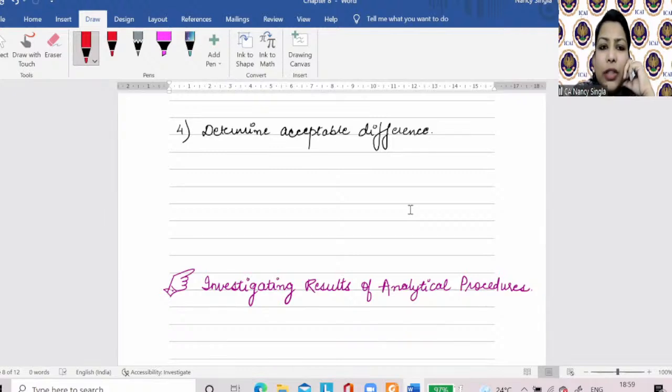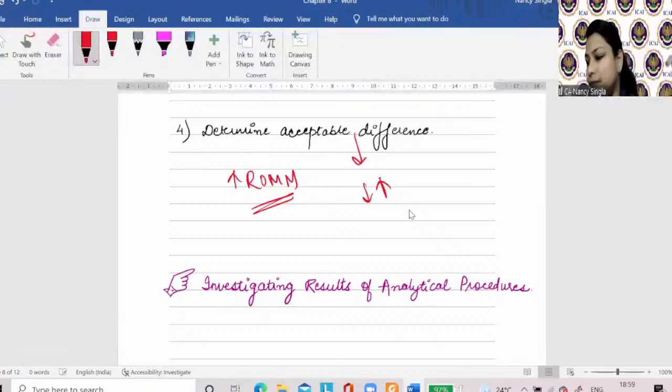And meanwhile, students, please answer my query. I'm saying if the risk of material misstatement is high, this difference should be low or high. Not many of you have given the correct answer. Please listen to the query again. I'm saying